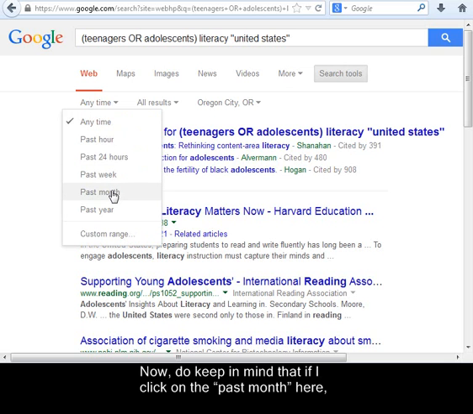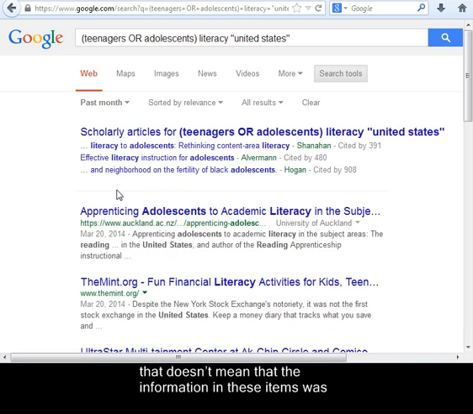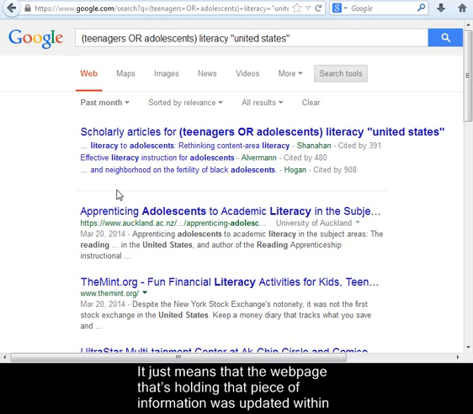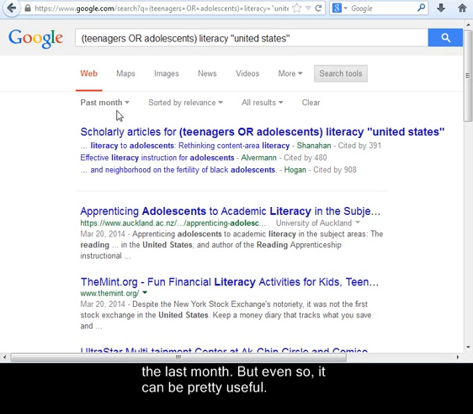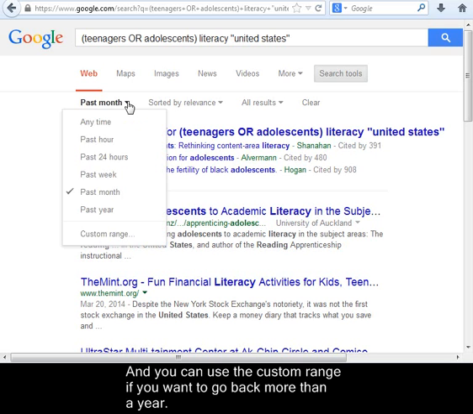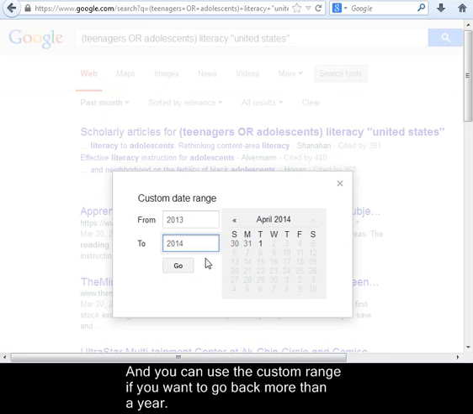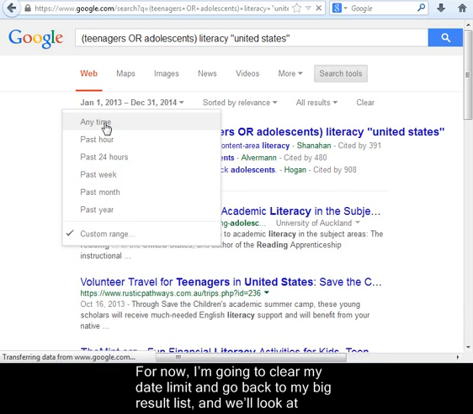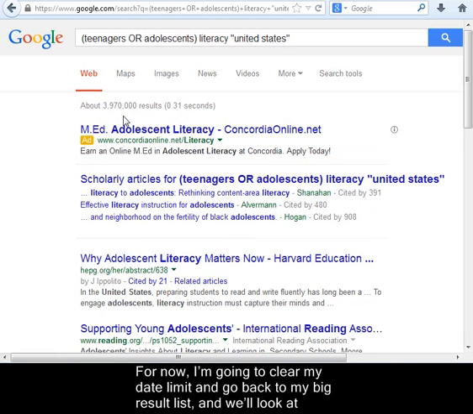Now, do keep in mind that if I click on the past month here, that doesn't mean the information in these items was just written or published within the last month. The studies could have been done years ago. It just means that the web page that's holding that piece of information was updated within the last month. But even so, it can be pretty useful. And you can use the custom range if you want to go back more than a year. For now, I'm going to clear my date limit and go back to my big result list,